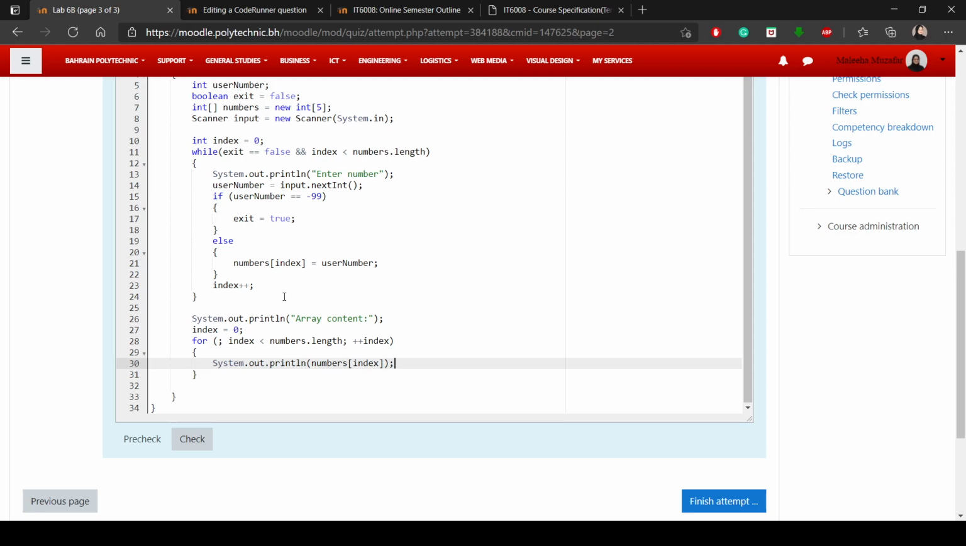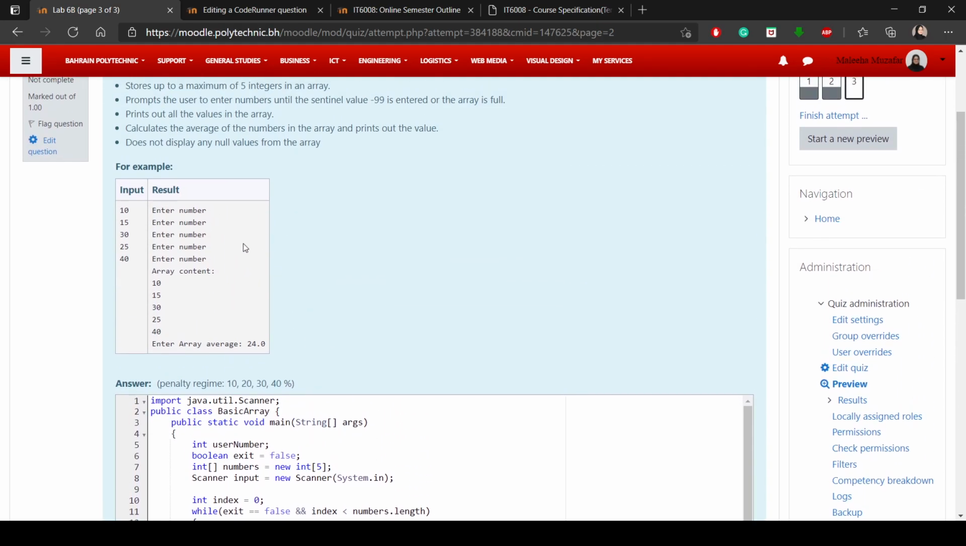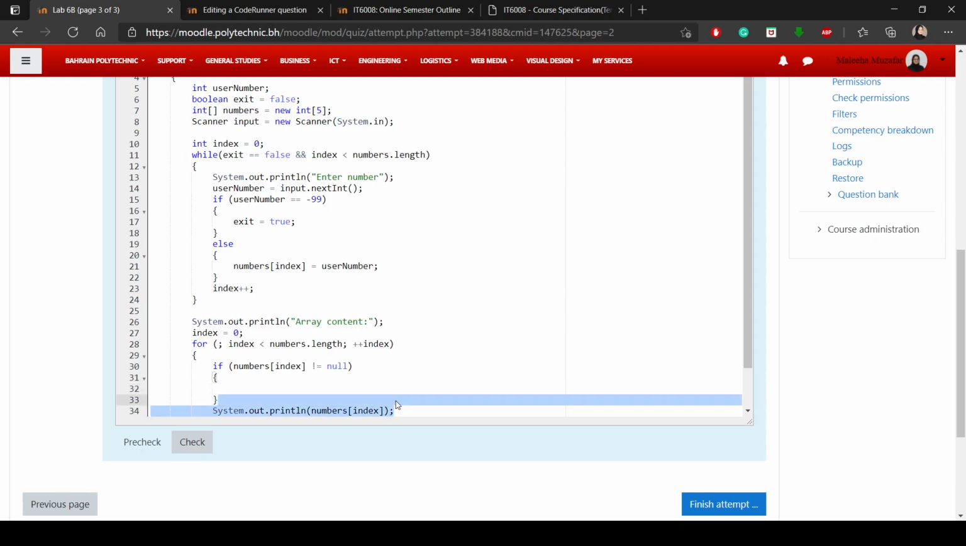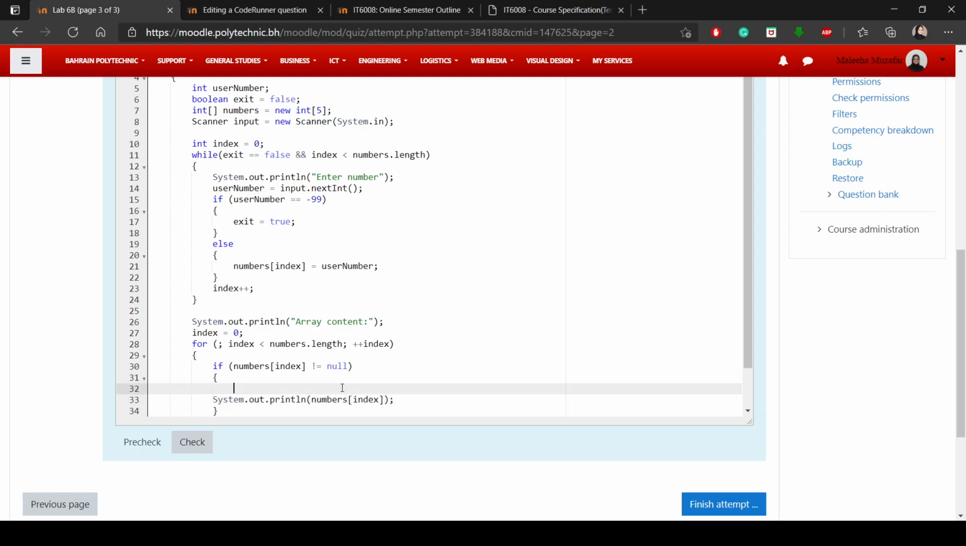Now within this loop itself, I can just figure out the average, right? Or within the first loop also, you could have figured it out. But in this loop, I would figure out the average. It also says that it should not display any null values from the array. So you could even just write if numbers of index is not equal to null. All right. In that case, you can print out